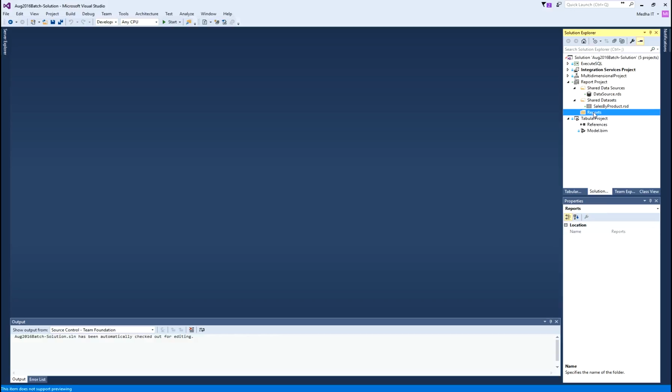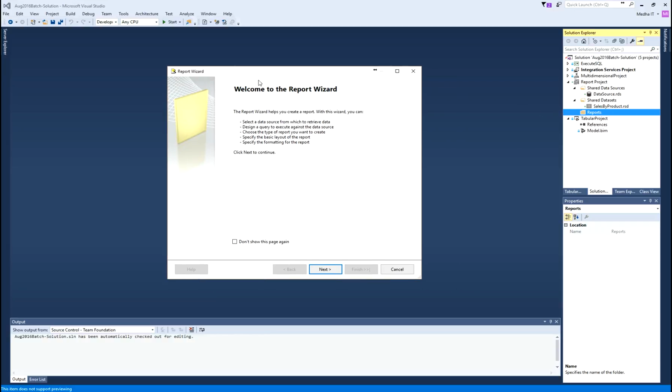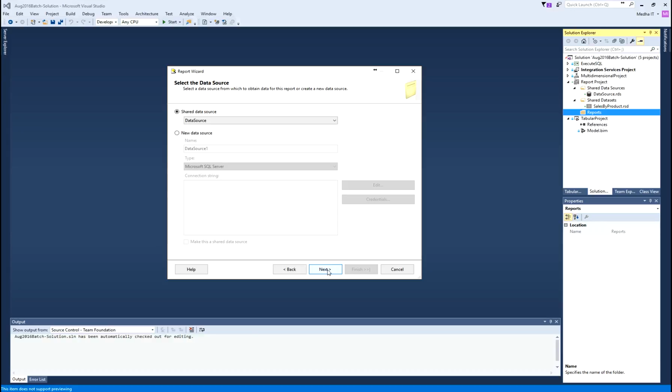To create a report, I will say add new report, and when I say add new report, it opens the new report wizard, where I will say next, and the first option is to select the data source. Here we have two options. One is to select the shared data source, or we can create a new data source here.